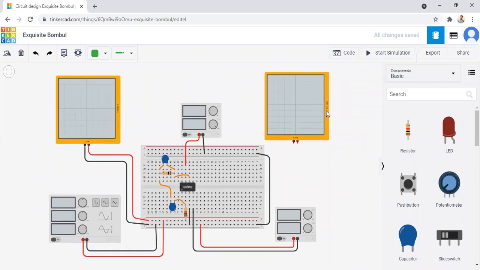Now we connect this scope to the output. So as we know that 6 number pin we use for output.